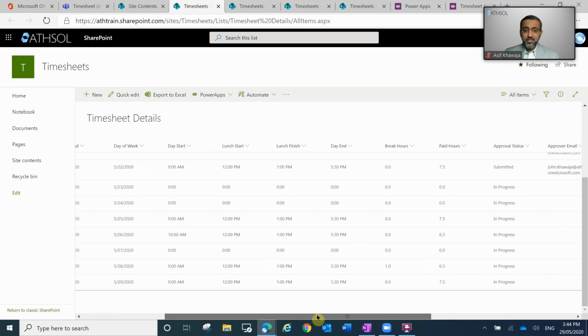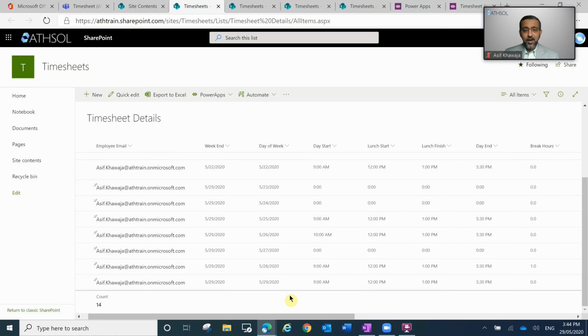All right, so this is just to give you an idea of how the data is being saved in this SharePoint site. As an administrator, you can definitely go into this SharePoint site and generate reports or export this data into an Excel document for your reporting purposes. But as an end user or as an employee, you don't necessarily need to know where this data is being saved. All right, so let me close some of these tabs